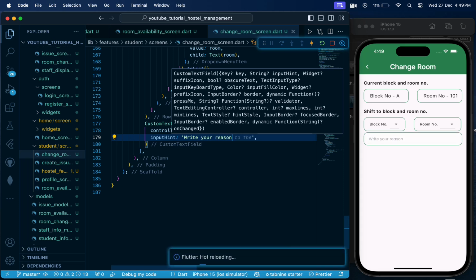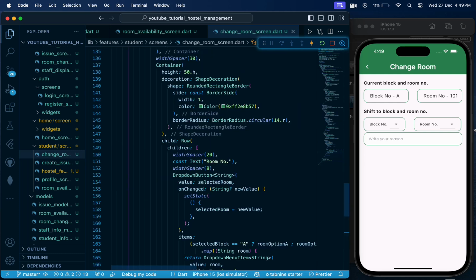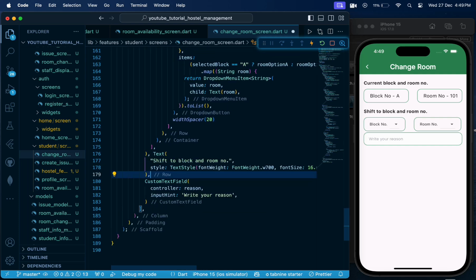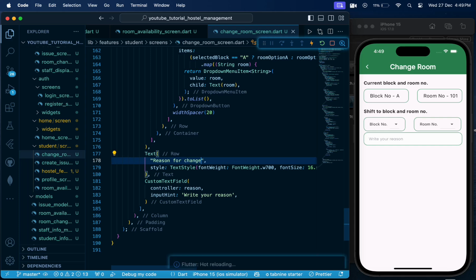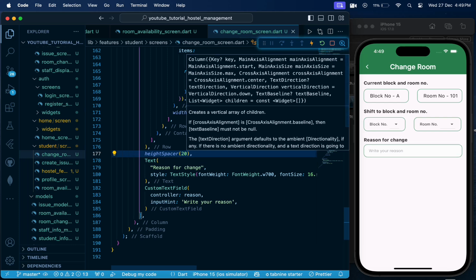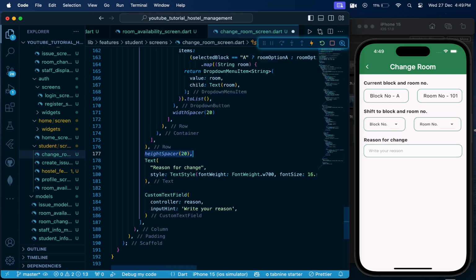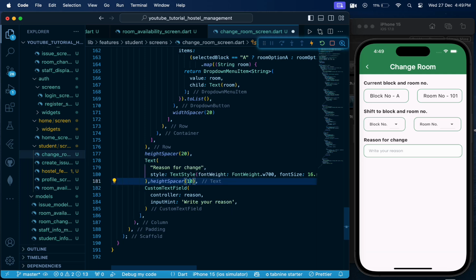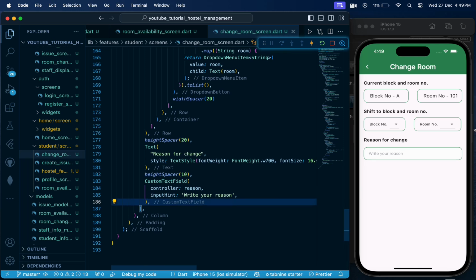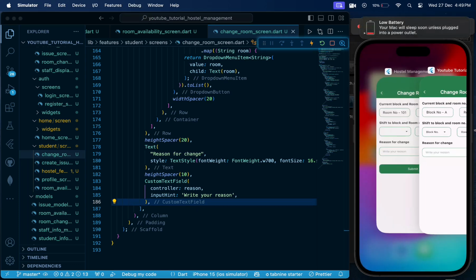write your reason. Okay, so above this we will copy one text and we will replace this shift to block with a reason for change. Okay, give some height of 10, around 20. Okay, yes, this will be fine. Height space, here we will write 10. Okay, so yeah,